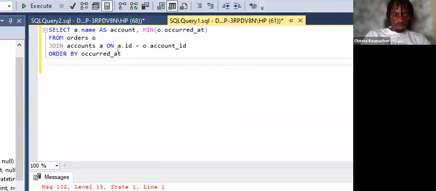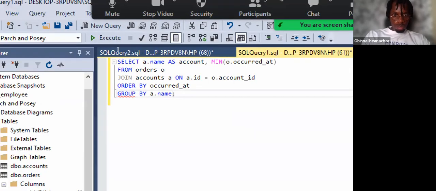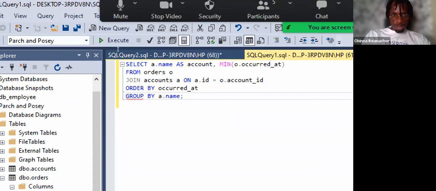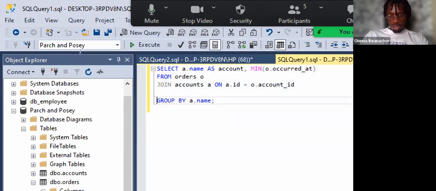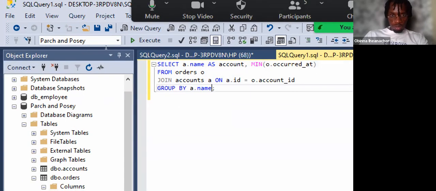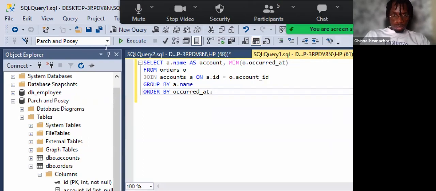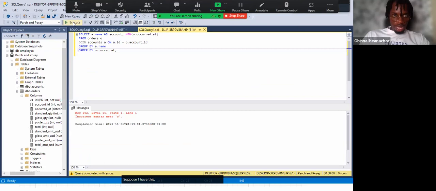So I'll come on here and say, group by a dot name. We said that group by comes before order by. So group by comes first, and then order by comes next. So once I have this now, and execute this,